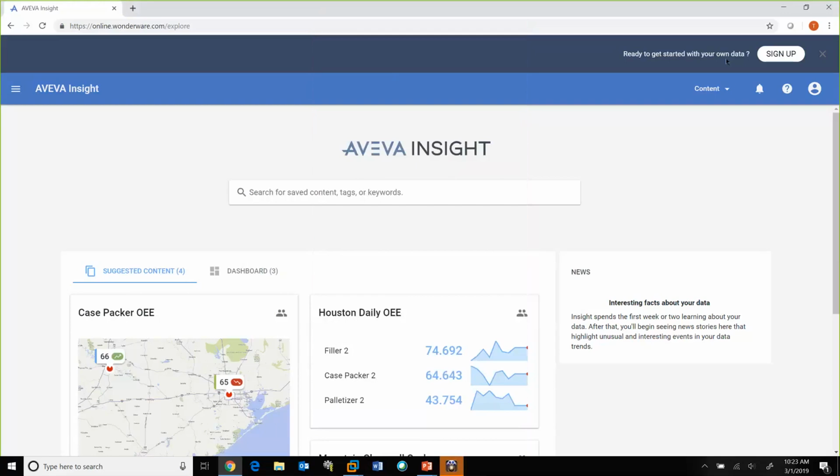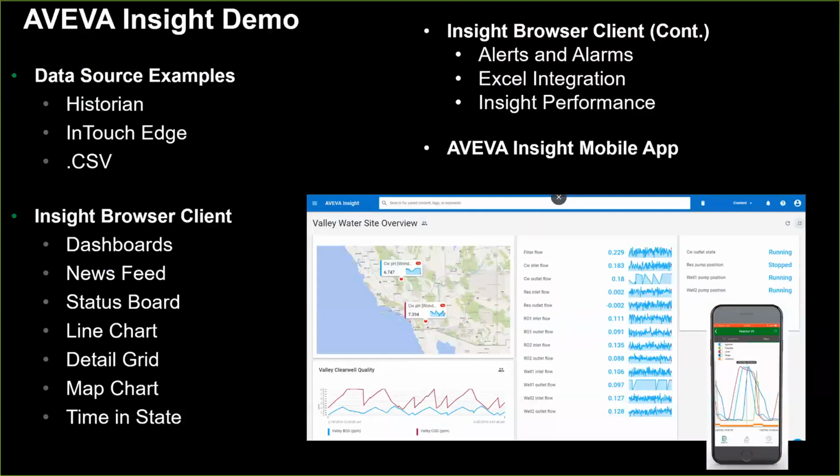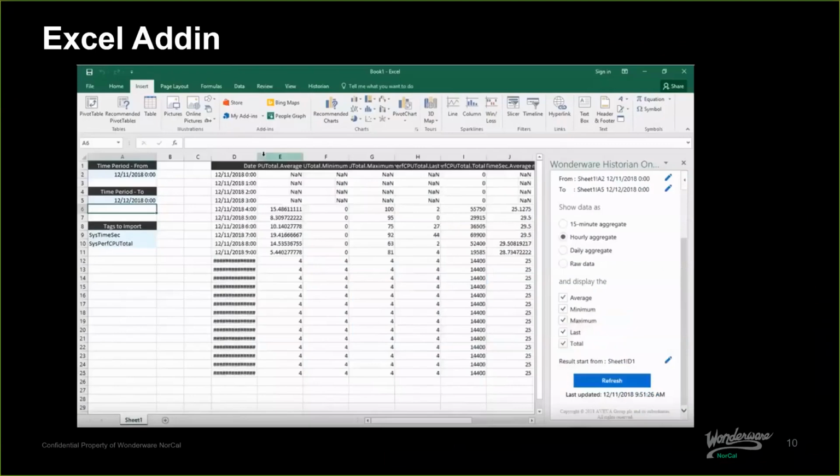And let's go ahead and talk about Excel integration. So if I go back into my PowerPoint, right here I have a screenshot of the Excel add-in, and this is the basic template of the Excel add-in. To get to this point, you go to your options in Excel and then go to Trust Center settings. And there you'll add your UNC path. And once you add that path, you'll save and restart Excel,